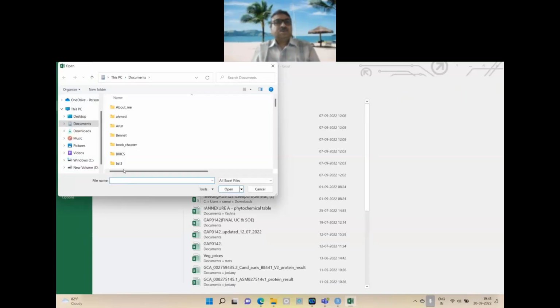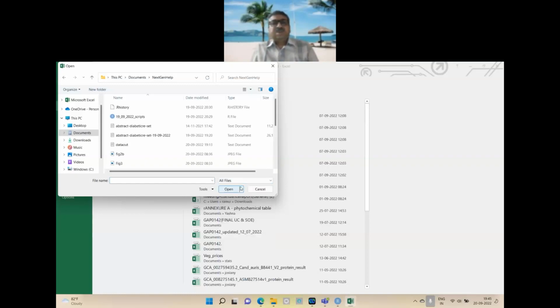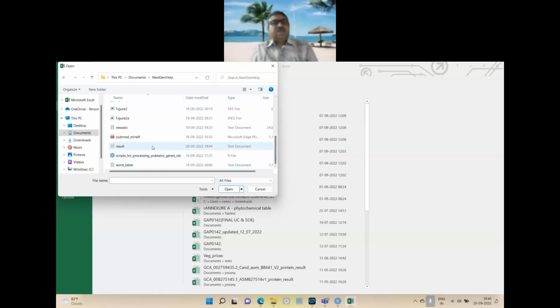Click on Browse and go to Nextgenhelp. Click Open. It says there are no Excel files. So I use this option, all files. Now all files have come into my view, and I go to this result and click open,